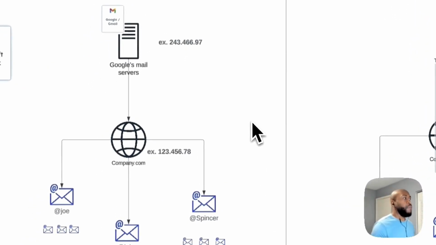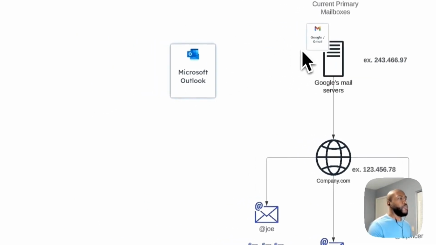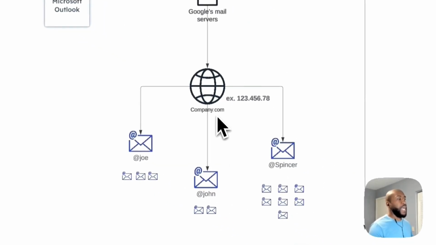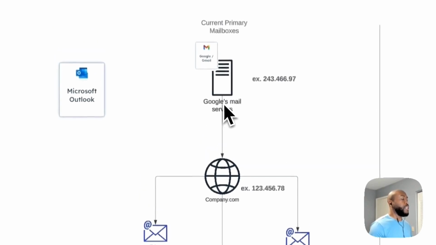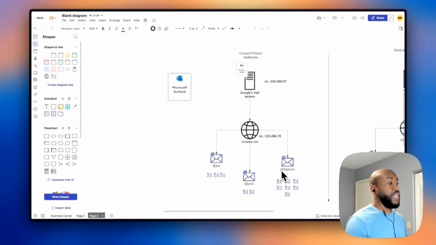This is your current primary mailbox. As you can see here, you see Gmail. You can swap it out for Outlook, whatever, but I tend to go with Google just because it's easier to set up. But either way, this would be your primary inbox. So this is your company, say company.com, and these are all the mailboxes assigned to this, in this case, Google's mail server. When you, in this case, Spencer, who's a sales rep, are sending loads of emails to clients and